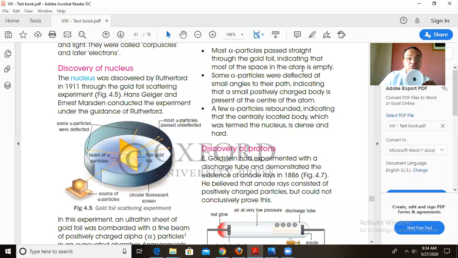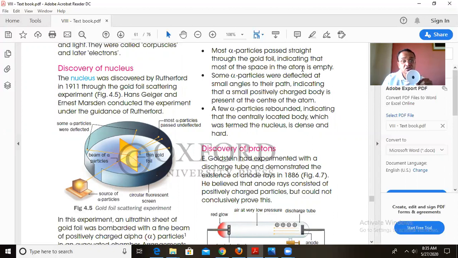Now dear friends, the scientists at that time were all thinking that electrons were discovered, but now in the atom there must be something called the nucleus, or some positive part present, which consists of some particles. And they were working to discover that. It was scientist Rutherford who discovered the nucleus. How he discovered it, let us start that work now.